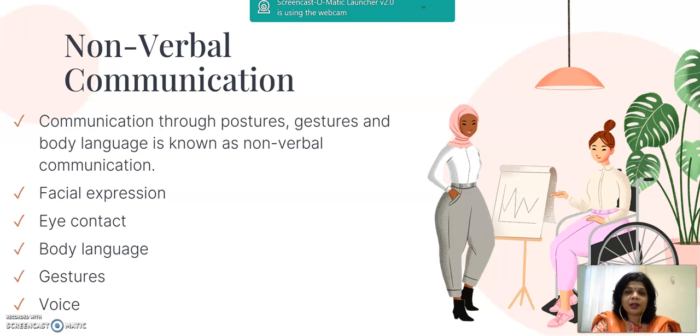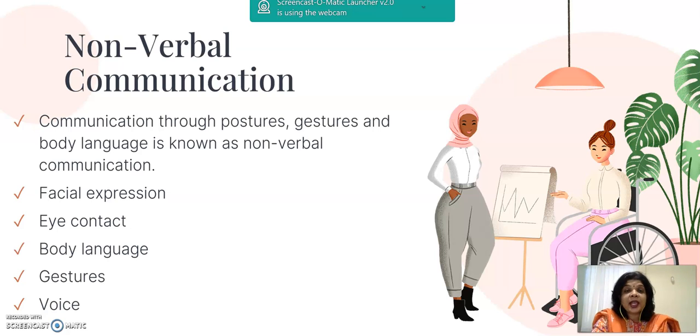We have to remember that where we do not use language, such communication is known as non-verbal communication. It can be done through postures, gestures, your body language. We have to keep in mind the way we are standing, the way we are sitting, those are postures. Gestures are when you are making some signs through your eyes or hands. Suppose I say to someone, come here, without saying come here. If I gesture like this, it means come here. So through your gestures, your postures, and your body language, the way you conduct yourself,